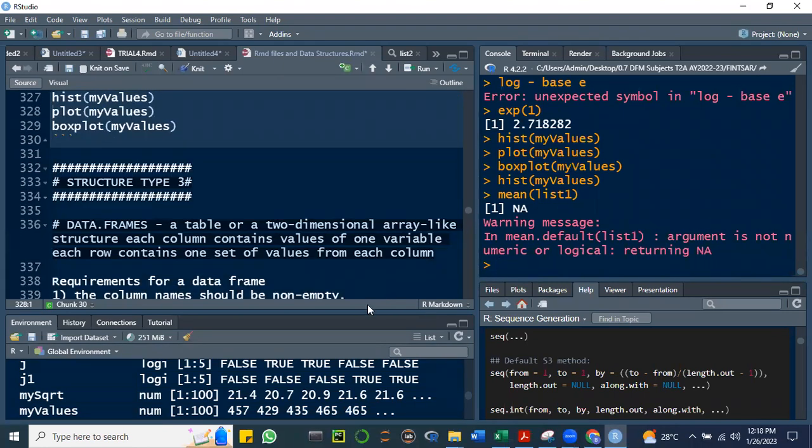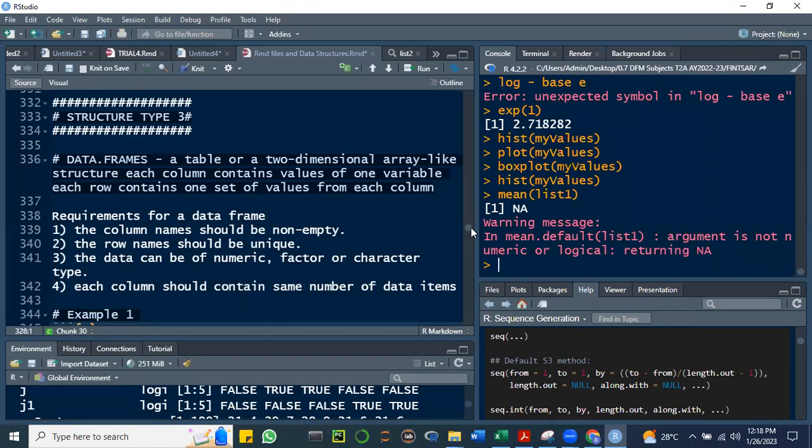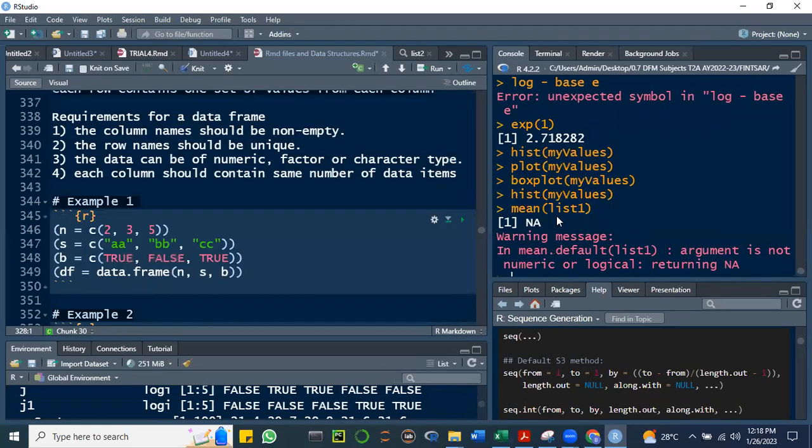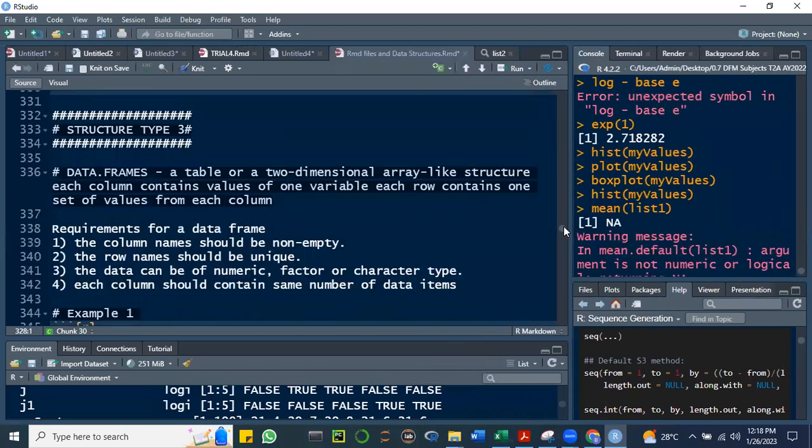All right, we have an introduction to data frames. Data frames are one of the most important objects that we're going to learn in R. Let's first see what a data frame is. A data frame is a table, a two-dimensional array-like structure. Every column contains a value of one variable. If you recall the diamonds data set that we